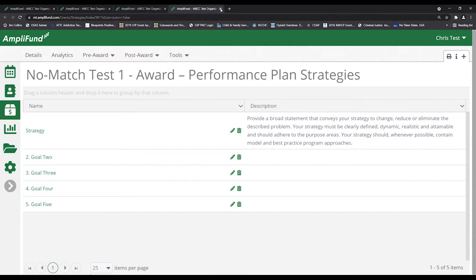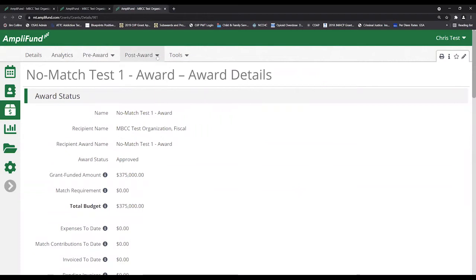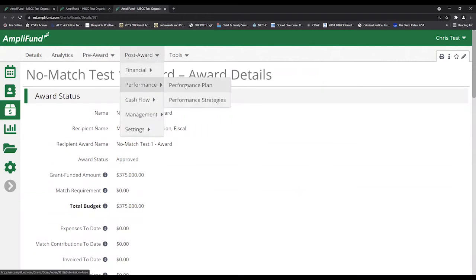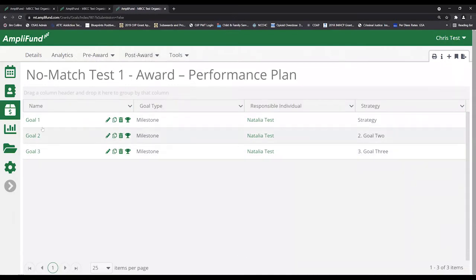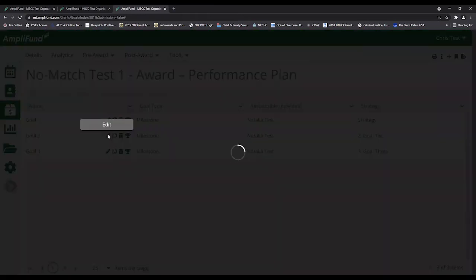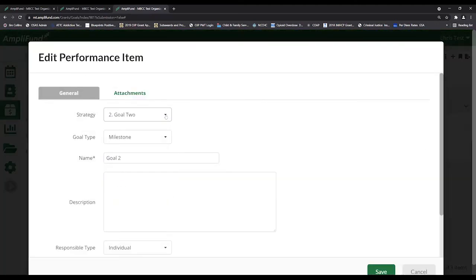Okay. Once you have updated your strategy, you can now go back to your performance plan and match up your goals with your overarching strategy. So you can see that I have goal 1 here matched with strategy, but goal 2 I have matched with goal 2 into the strategy. So I would want to go in and edit my performance plan and make sure that I match this up with the correct strategy. If you need to update the type of goal that it is, maybe you're going to switch from a milestone goal to a narrative goal, you can do that,